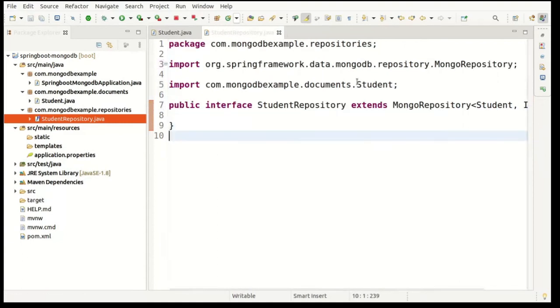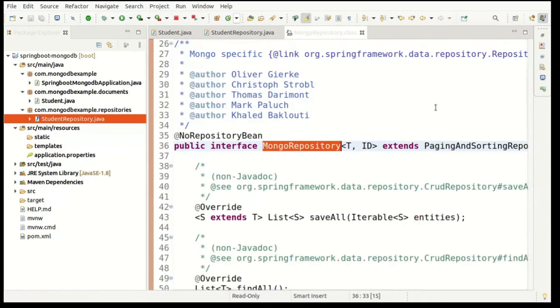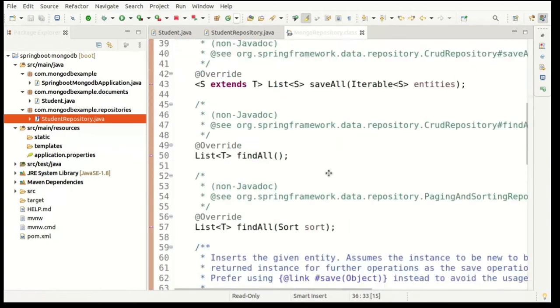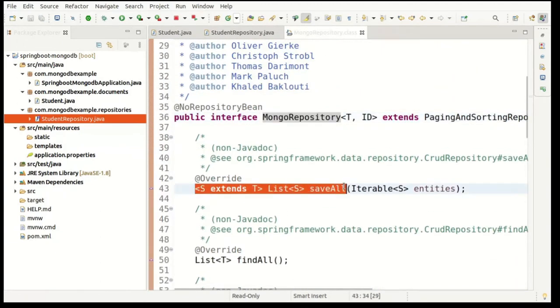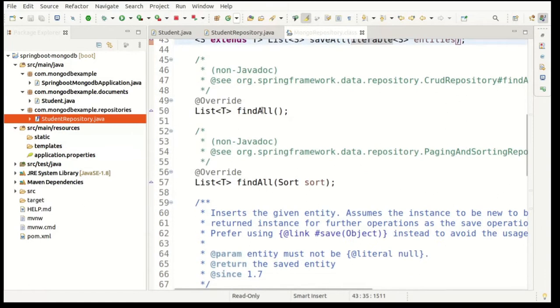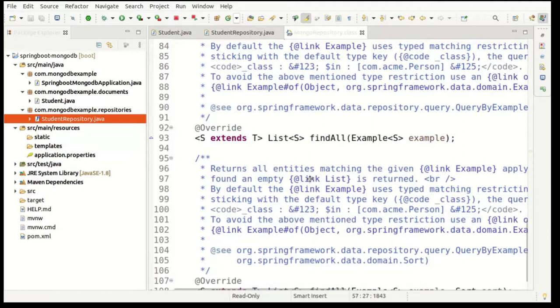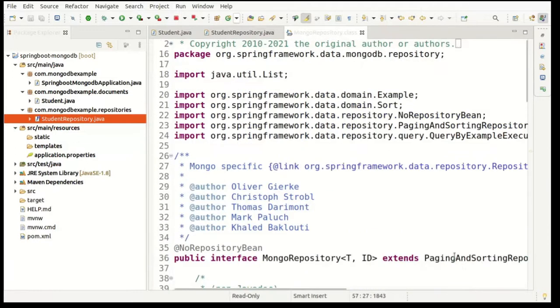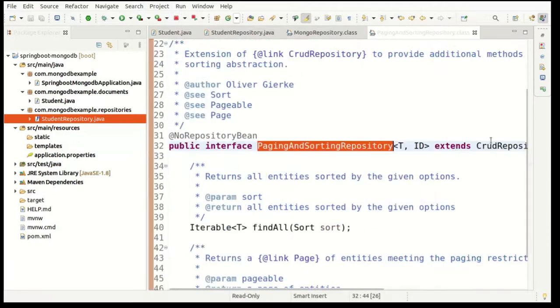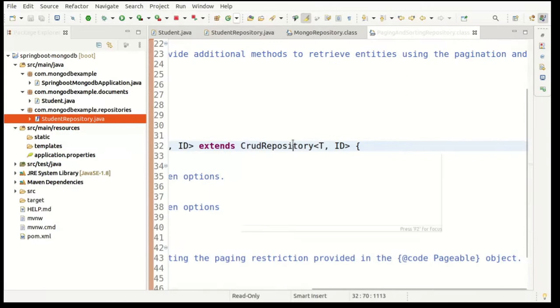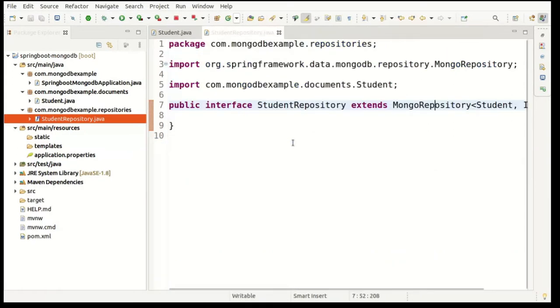That's it. We can see its parent interfaces. We can see save all, find all with sorting. So we have many methods, Iterable, everything, and pagination, which extends CrudRepository, right? So the implementation will be created at runtime for those methods.